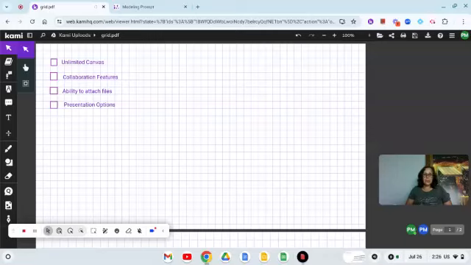When teaching an online class or having an online meeting or virtual meeting, a useful whiteboard can truly help in the collaboration process. A good online whiteboard should have the following characteristics: unlimited canvas, collaboration features, ability to attach files, and presentation options. I decided to use Kami because I teach mathematics and I want my students to have access